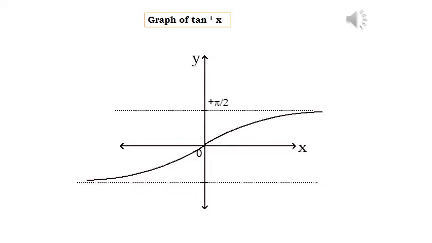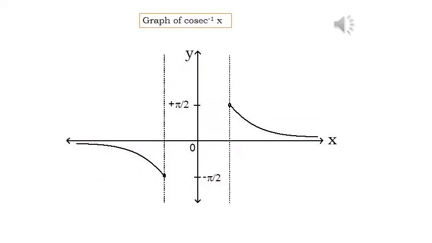What is the meaning of asymptote? It is the tangent drawn to the given curve at infinite distance. It won't touch the curve at all, but it has the tendency of touching the graph at infinite distance. So based on the position of the asymptotes, we can draw the graph easily. We have to approach very close to the asymptote. So this is the graph of tan inverse x, the domain is the set of all real numbers and the range is minus pi by 2 to plus pi by 2, the open interval, with asymptotes.